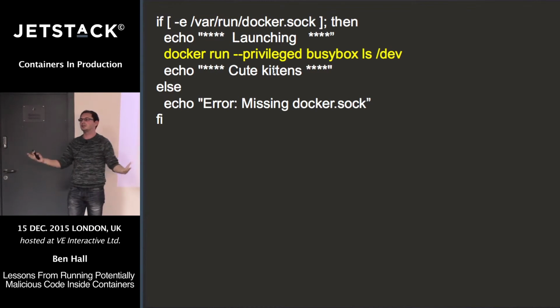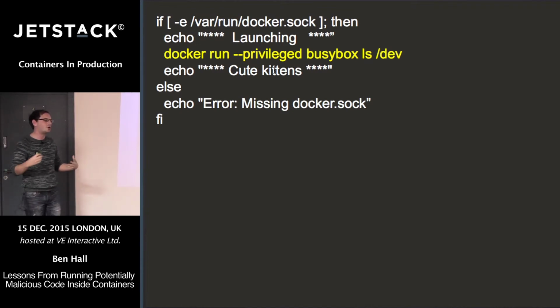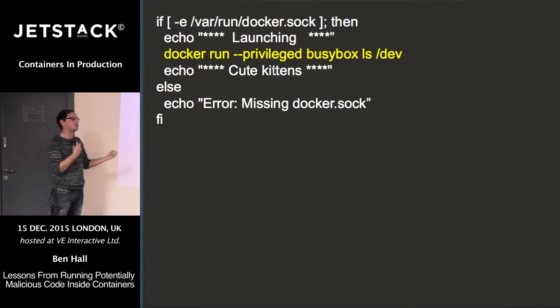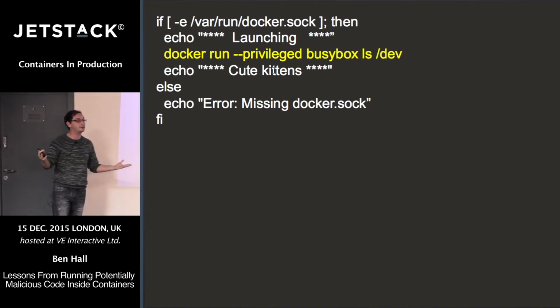So it can launch privileged containers. These privileged containers could mount the volumes, and then they could just completely wipe your disk. And so having access to this file is problematic and concerning. And so we shouldn't give it away quite so freely as we do to things like an Nginx proxy, which is thin on the front end. So if anyone hacked that, they would have access to your entire daemon.